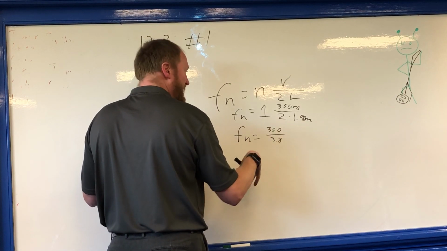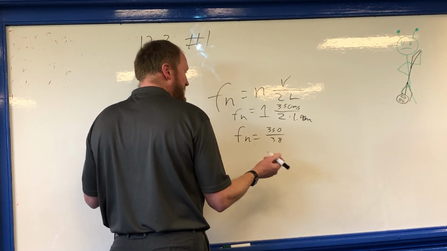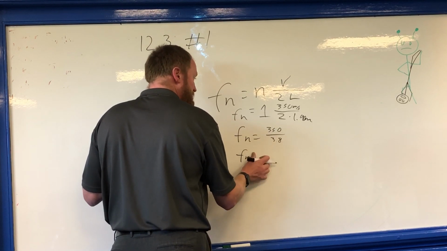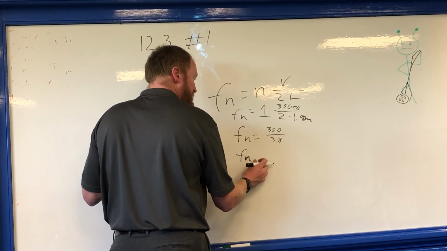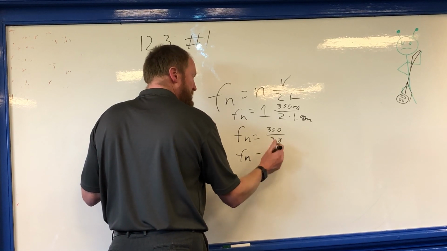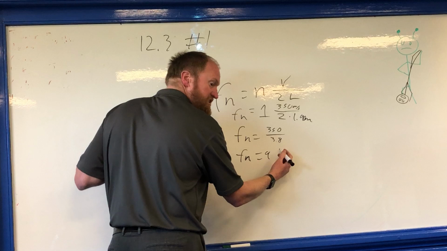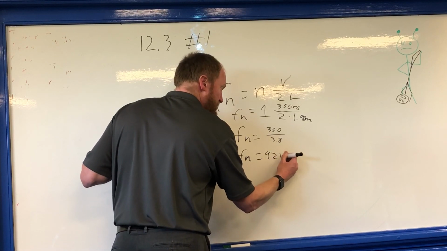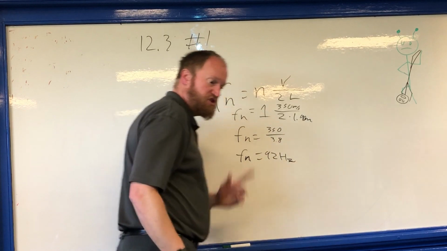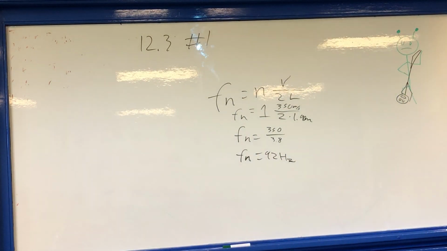And then divide that, and I get the frequency is going to equal, in my case, 92 hertz, which, if memory serves, comes in at about a nice F sharp. So the frequency of my body will be 92 hertz, about F sharp, and if I needed a sound to go with that,